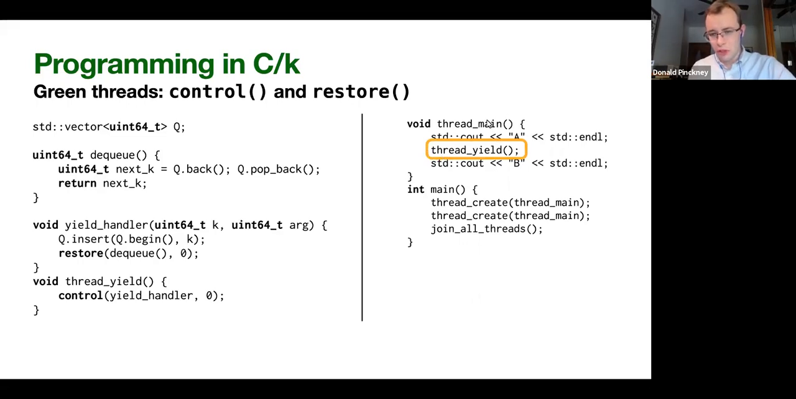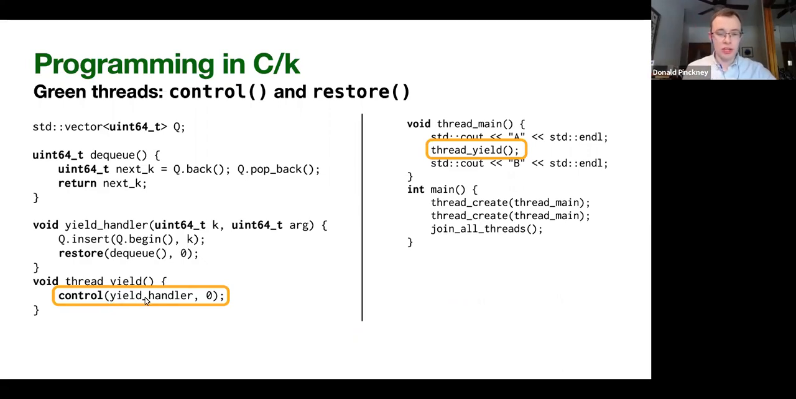Okay, so this thread function just printed A, and then it calls thread yield. How does that work? So thread yield is this function down here. And what thread yield will do is it will call this new control function, which is a new primitive in CK. And what control does,